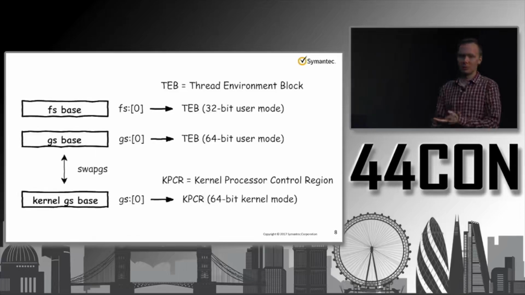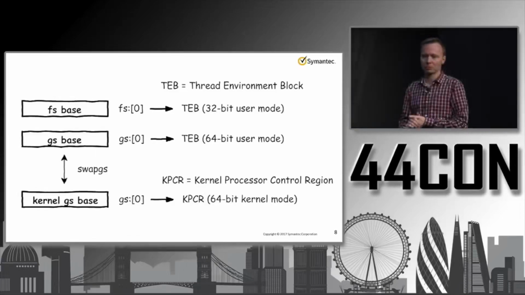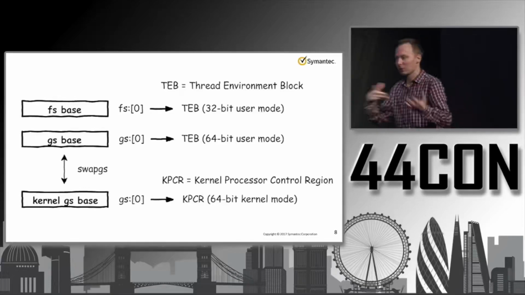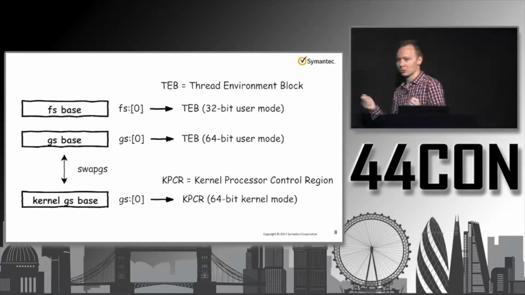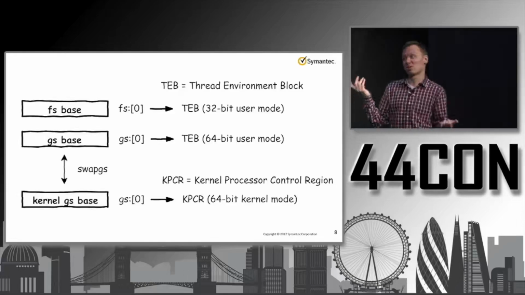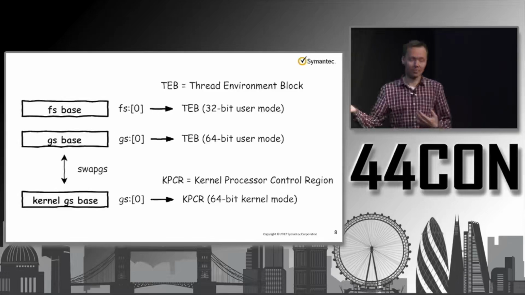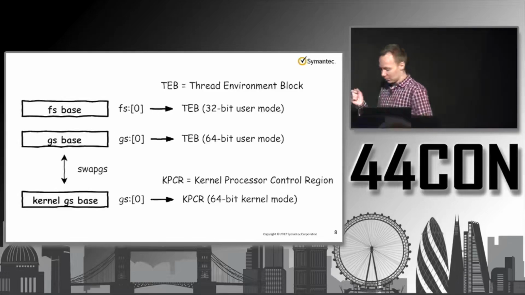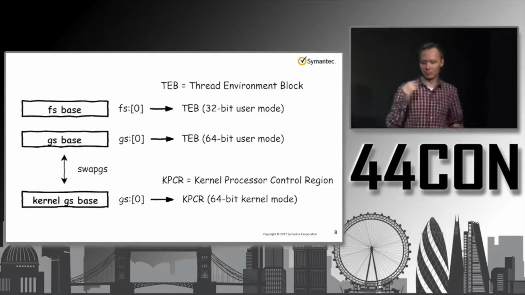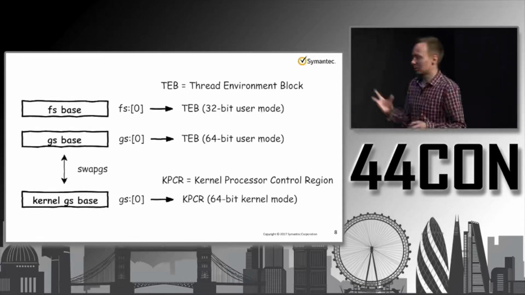Have you ever seen shellcode on Windows? Using the fs prefix, like fs:30 something, you can grab it. It's basically parsing structures in memory, typically to find the address of a routine that it wants to call. And quite similarly, in kernel mode, you have a very similar concept of using the GS register in order to